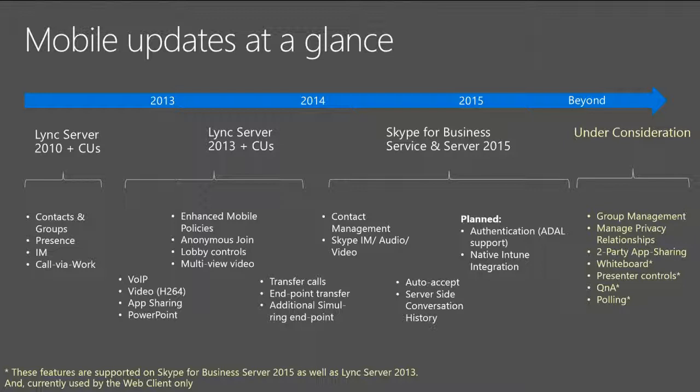But with this release, what we have done is we have decoupled those two. Even if you do not have the simul ring to mobile set, you would still be able to receive calls on your mobile device as long as you have at least provided the number as part of the first run experience. So the phone number is there with the service, and we make sure that the call gets handed off